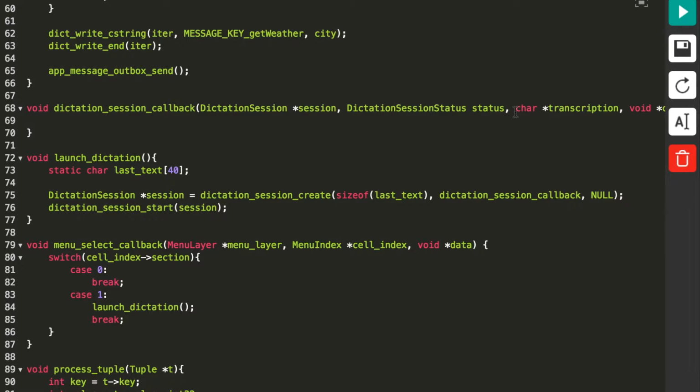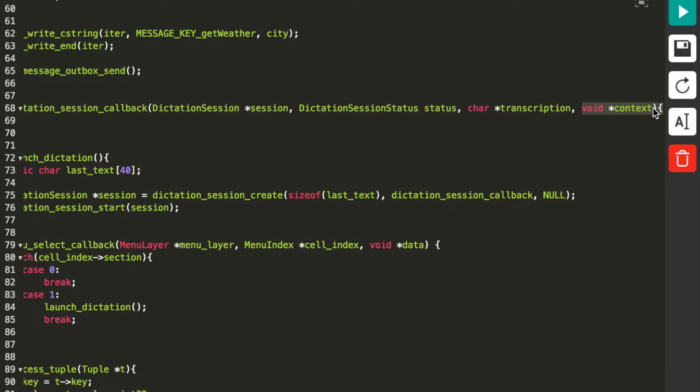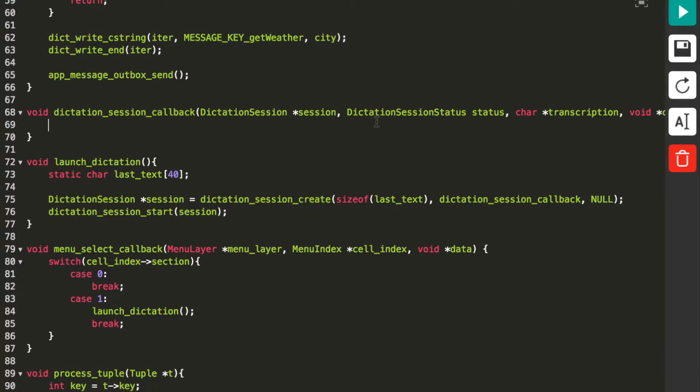So that's fun. And then you have this character pointer called transcription. And this is the actual text that came from the user's mouth. So whatever they said will be in this string, this character pointer. And here we have our context again, and although we love you, context, we're not going to be using you. We're just going to put you in the corner and hope that you don't cry. Okay, guys, so now that we've got this set up, let's all take a deep breath